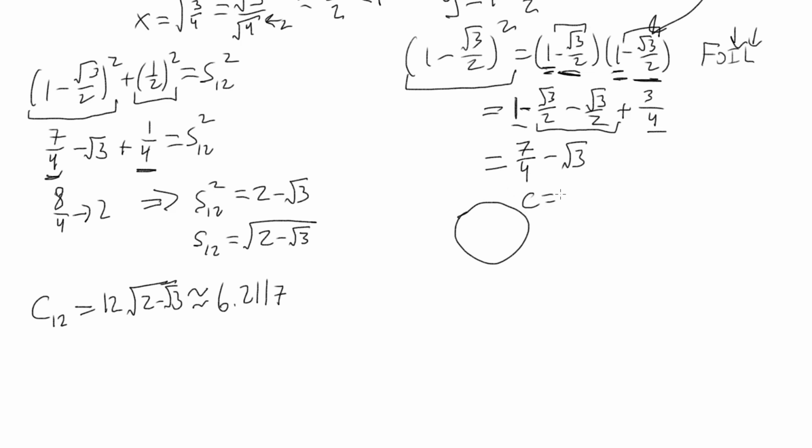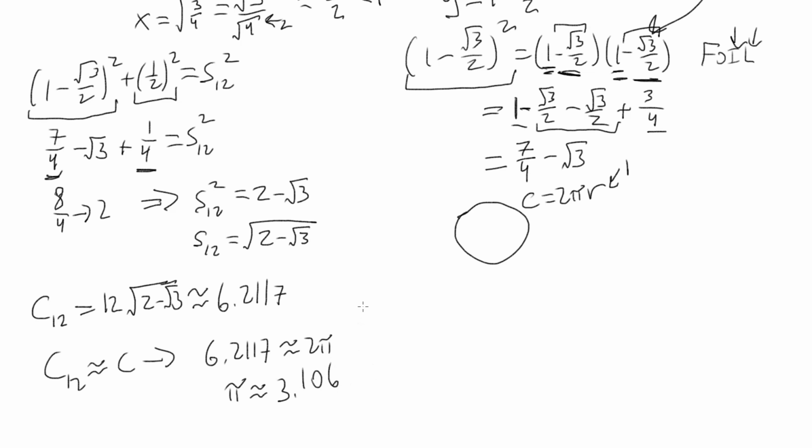The circumference is 2 pi r, where here I've set r to be 1. So C12 is approximately C, which means that 6.2117 is approximately 2 pi. So pi is approximately half of that 6.2117, which is